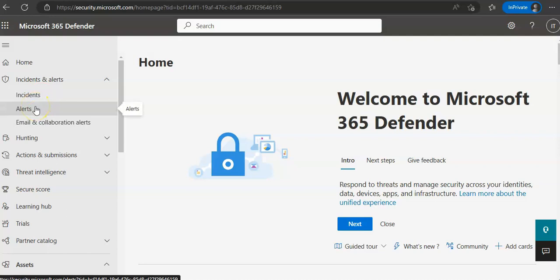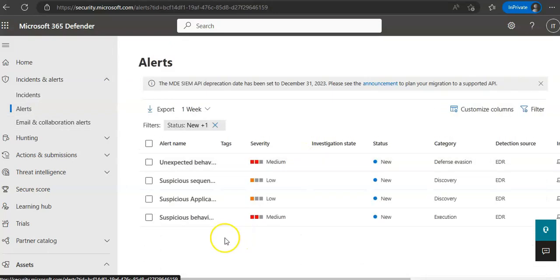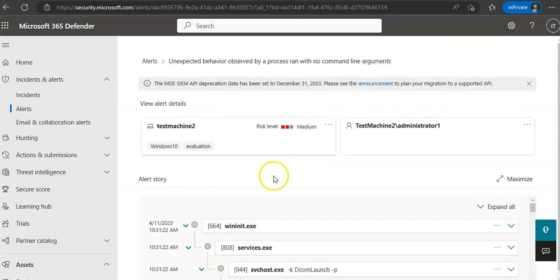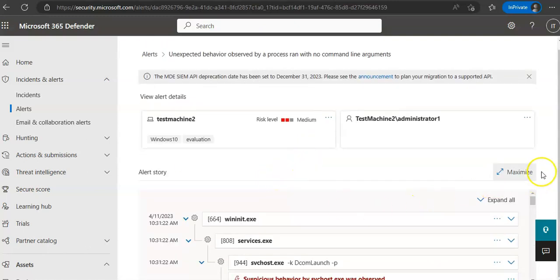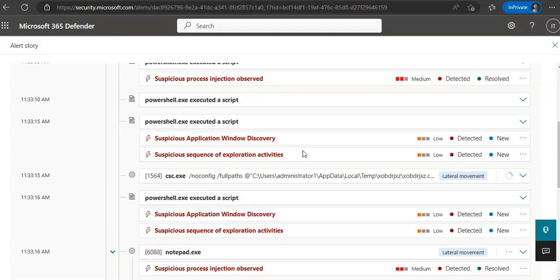So we can manage alerts by selecting an alert in the Alerts queue or the Alerts tab of the device page for an individual device. So if I want to specifically look for alerts for an individual device, I will go under the device tab, but for all the alerts I will go under the alert like here. Okay, now how to manage an alert. If you click on an alert, this is the alert story. You maximize this, you will see the alert story here,